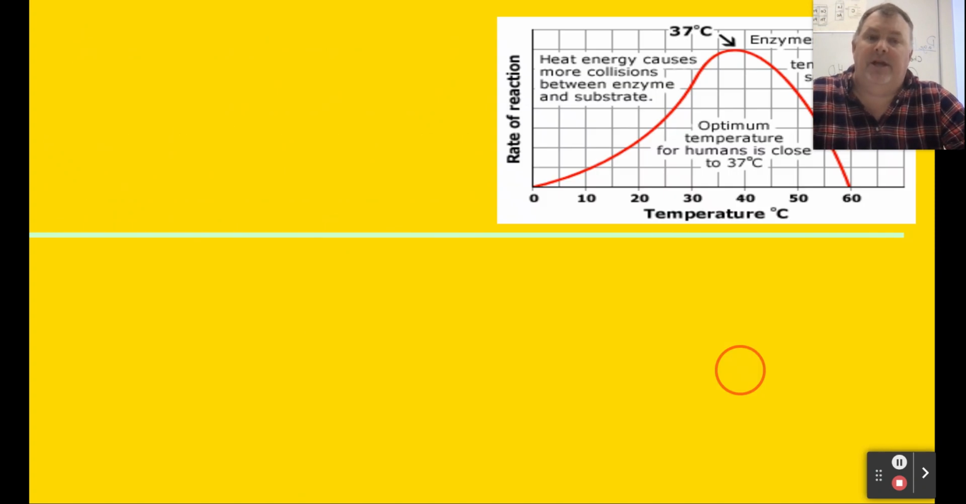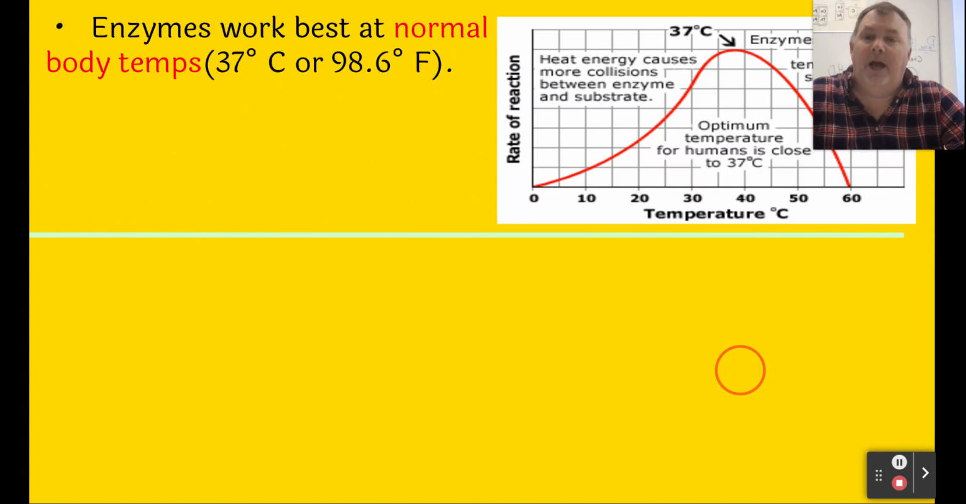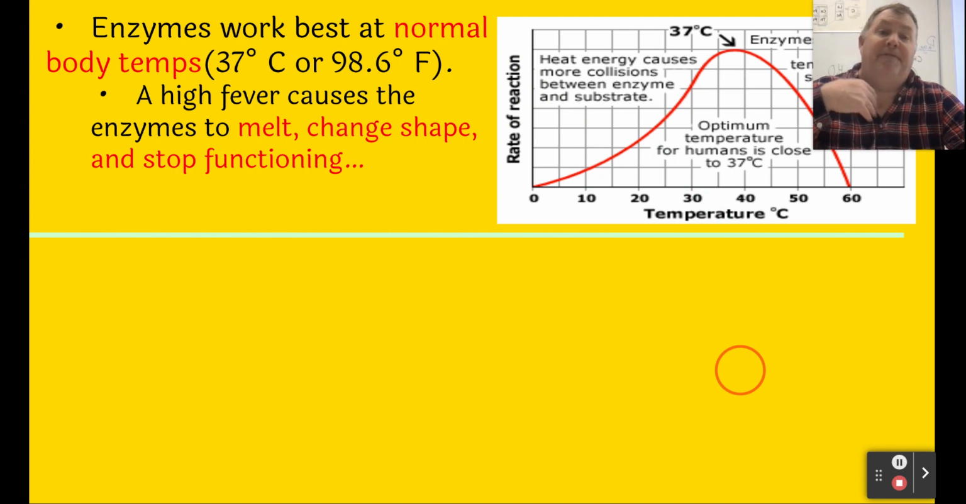If we look at this particular diagram, I wanted to show how enzymes work best. They work best at normal body temperatures. Our cells have lots of enzymes in them, and they work best at a temperature of around 37 degrees Celsius, or about 98 degrees Fahrenheit. So, body temperature. A fever potentially causes that to spike higher,